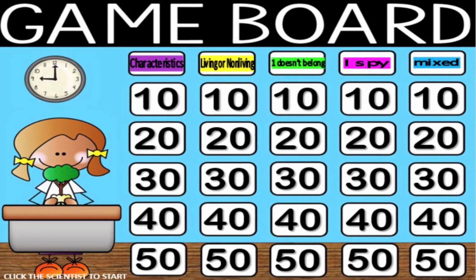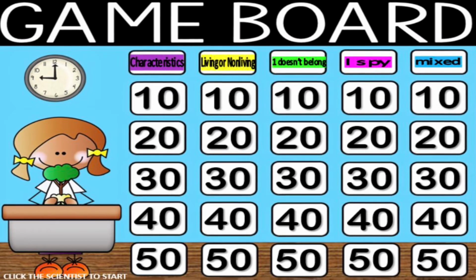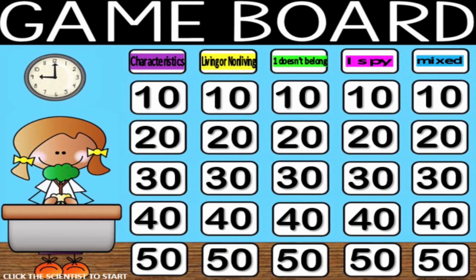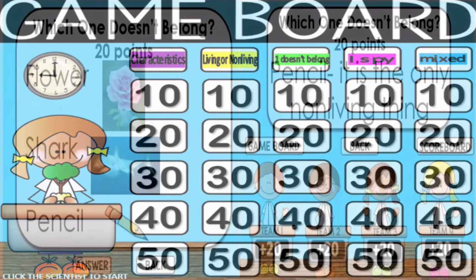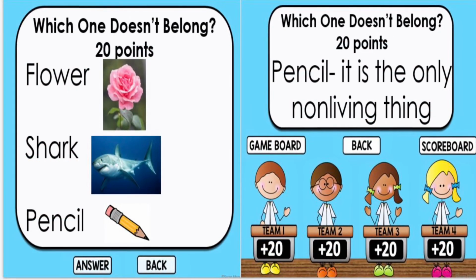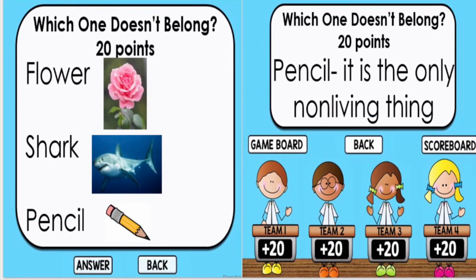The next activity in this lesson was Jeopardy! The categories in the Jeopardy! game included characteristics, living or non-living, one doesn't belong, I spy, and mixed. Here are some of the questions and answers from the game. Now let's listen to students'